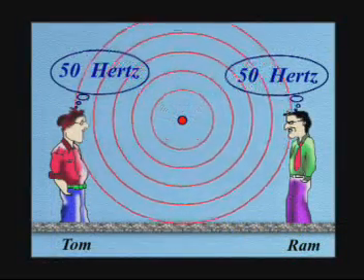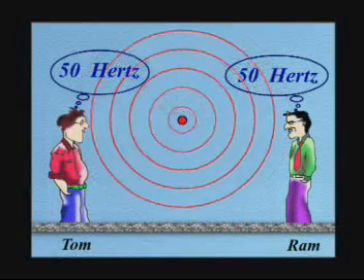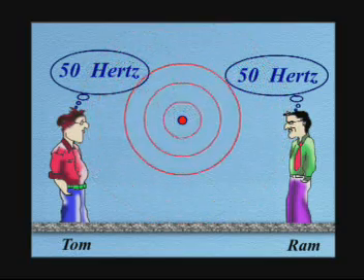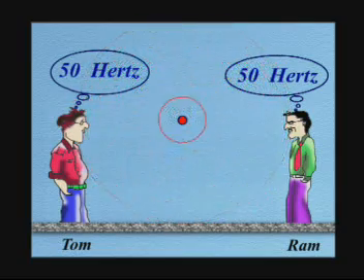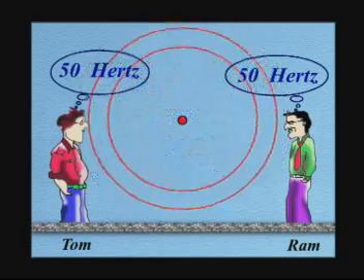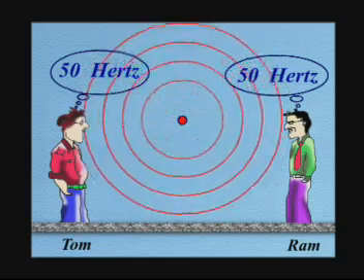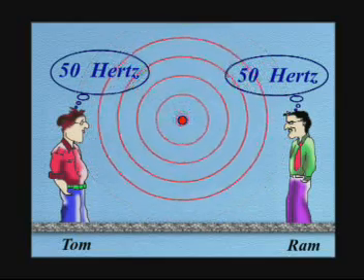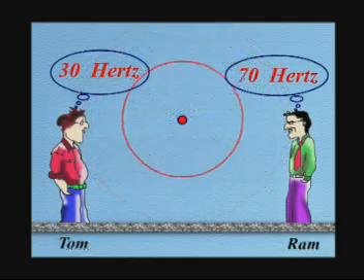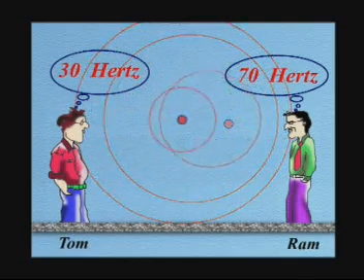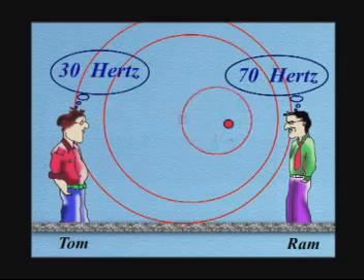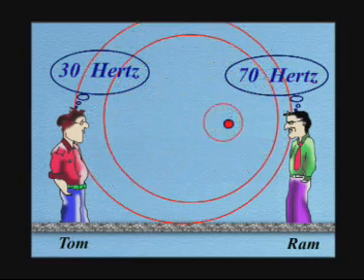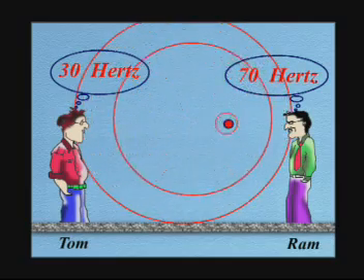When the source and the observers Ram and Tom are all stationary, the distances are fixed. Now, both Ram and Tom receive 50 compressions per second in their respective eardrums. So, they both hear the same frequency, that is the same pitch. Suppose now the source moves towards Ram. See now here how Ram receives more than 50 compressions per second. So, Ram hears a higher pitch, even though the pitch of the source is the same.